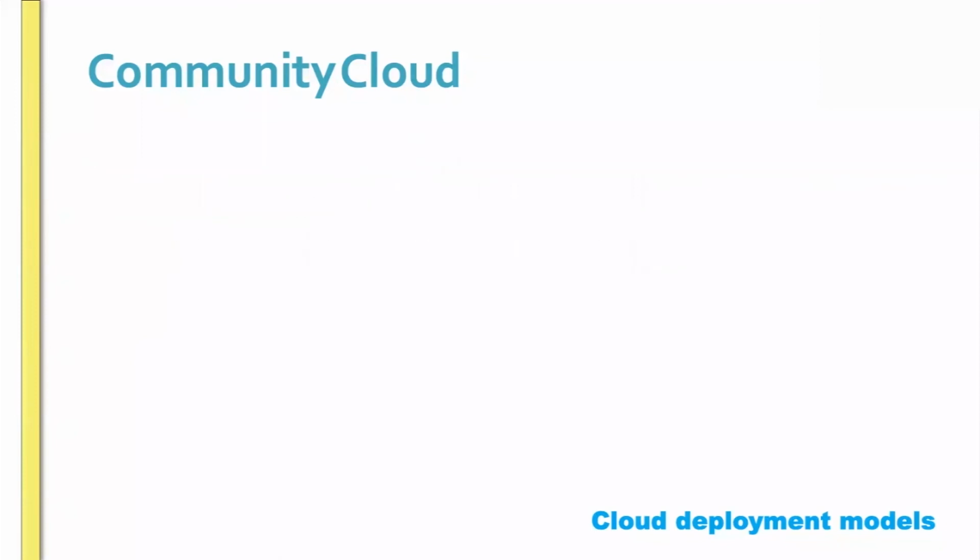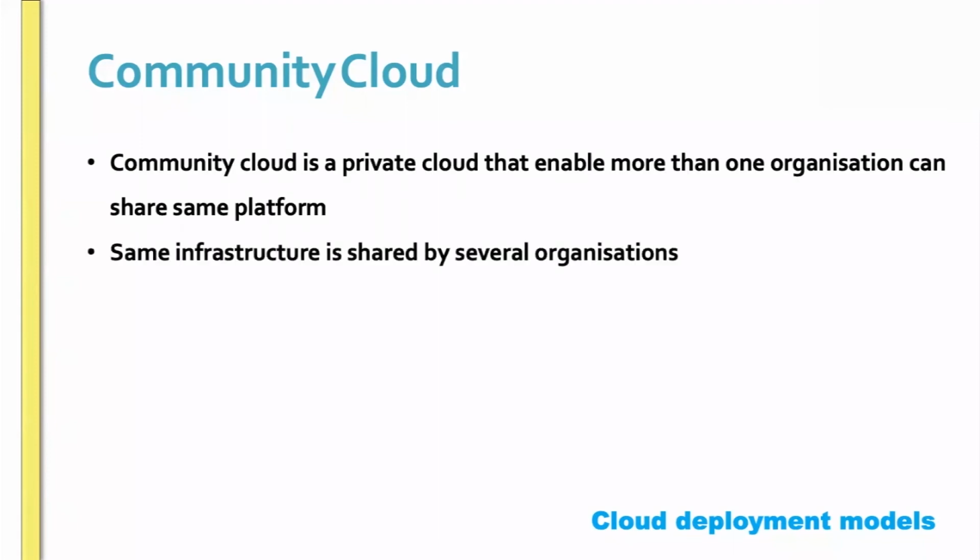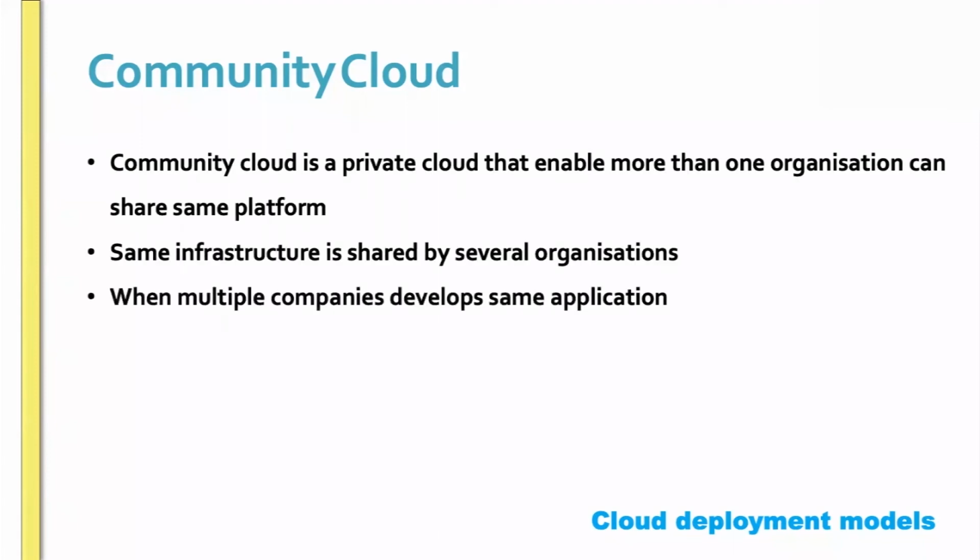All right, say there are many companies, right? Maybe Maruti Suzuki, two companies making the same single product, correct? Something like that, when they are collaborating and working, in that case they can go for community cloud. They both can invest the money, and they both can maintain it as well. So it is the same infrastructure shared by several organizations.